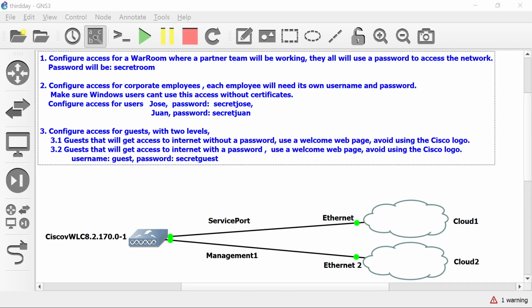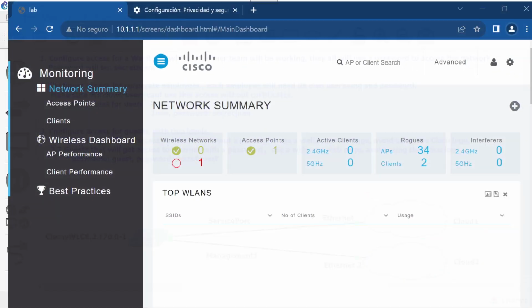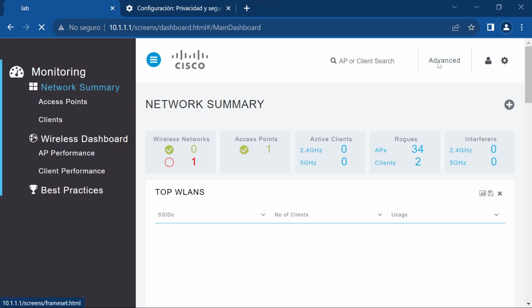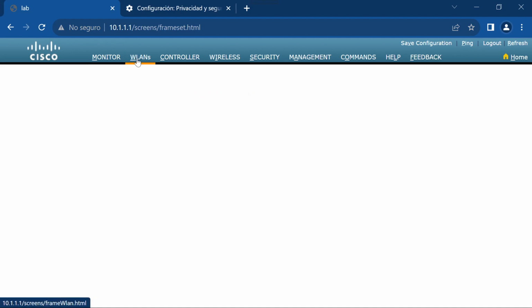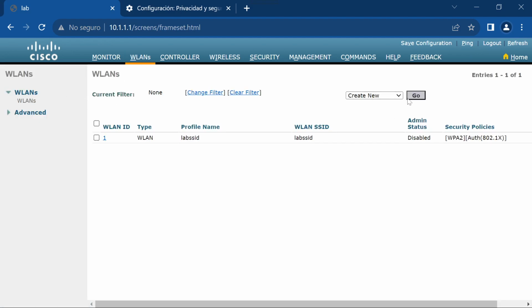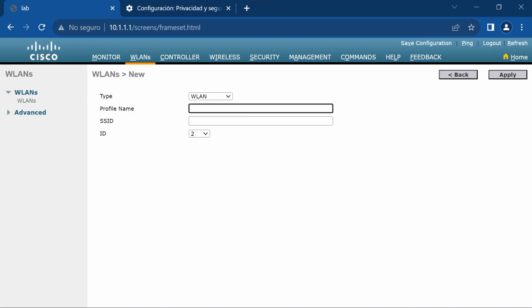So the recommended way to do this, given it will not be a wireless network that will authenticate users on a per username and password basis, the best way to do it will be using WPA2 in the personal mode. So let's configure that. Let's create a new wireless LAN, war room,